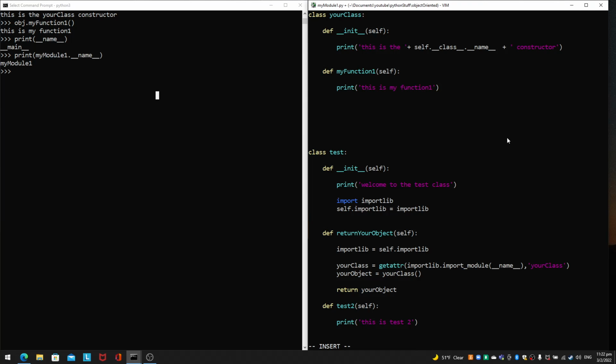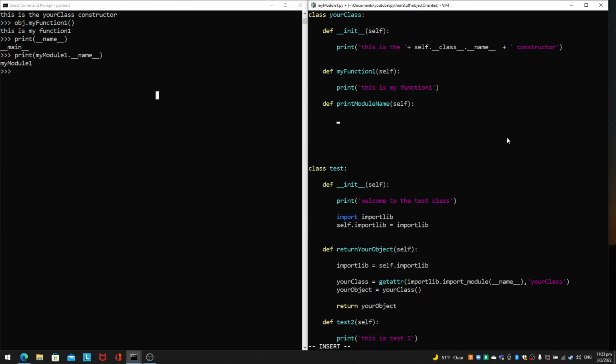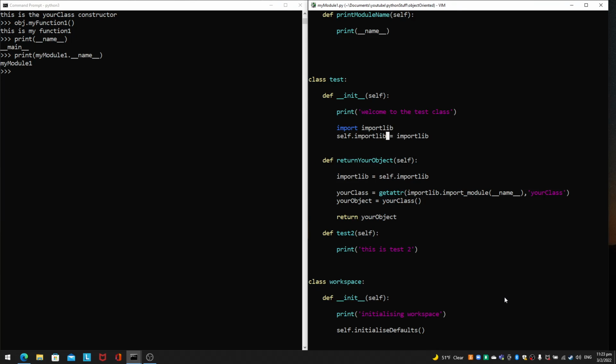Go to one of your classes, and you can define a print module name self. What's the print module name? You just print this name attribute here, and save and close. All right, so I will also have,